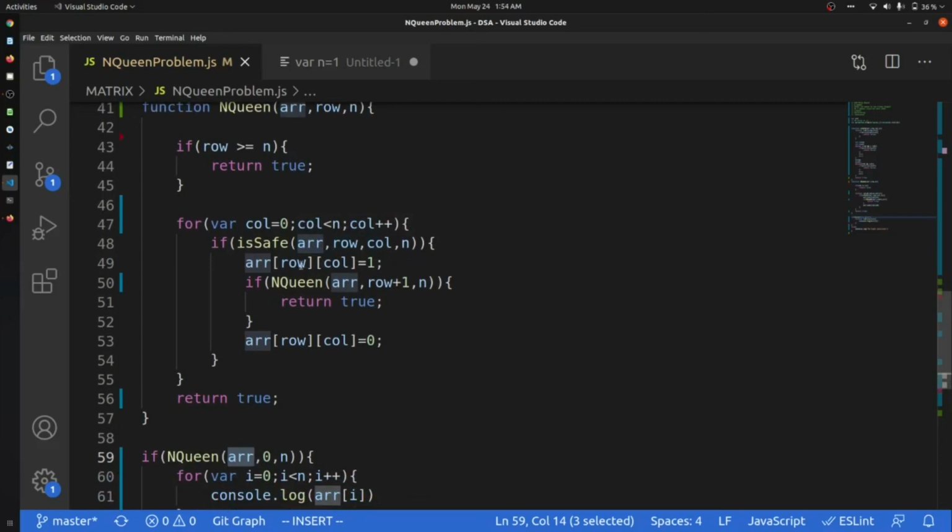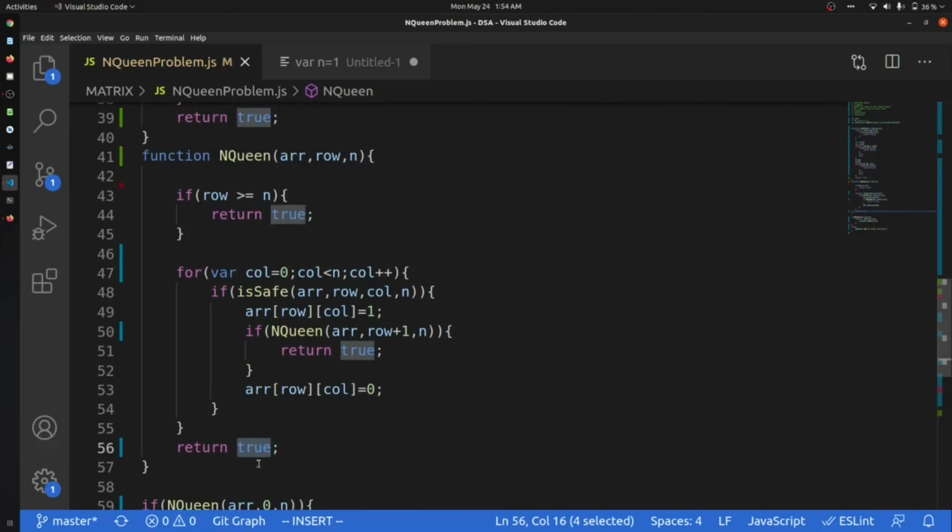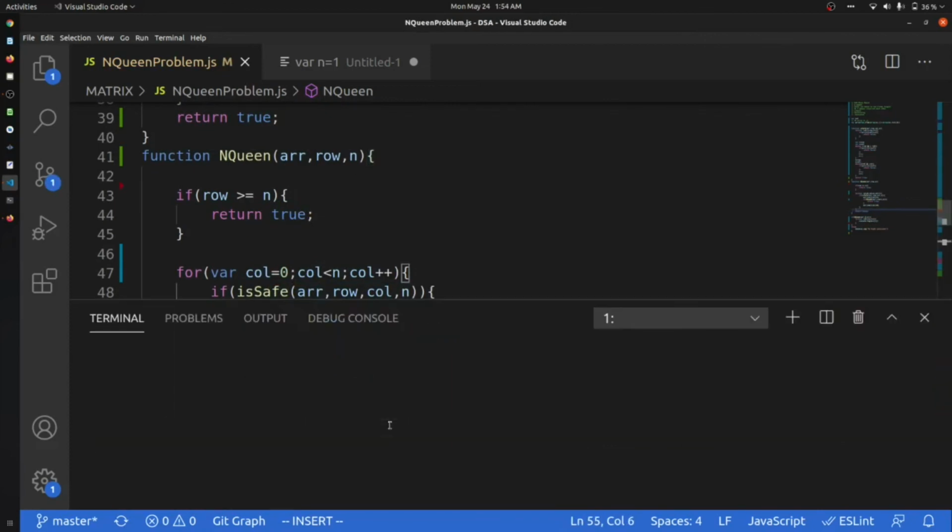So we have set the element as 1, and after that we pass the element as true. This is the wrong thing. We are always returning this as true, so this will be false. Now let's run it again.